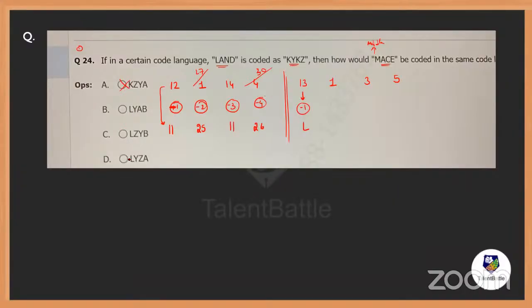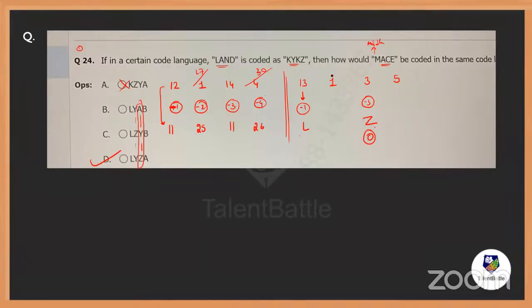Now, L is the same in the remaining options. So I'll go with the second alphabet, or the third alphabet, that I can check, because in the third alphabet everything is different. So let me check with the third alphabet. Minus 1, minus 2, minus 3: 3 minus 3 is 0. 0 means what, everybody? Z. So my answer starts with L, and third it should be Z, and that's option D, my answer. Is that clear, everybody? Yes or no? So much time saving process also. Hope you understood the point.